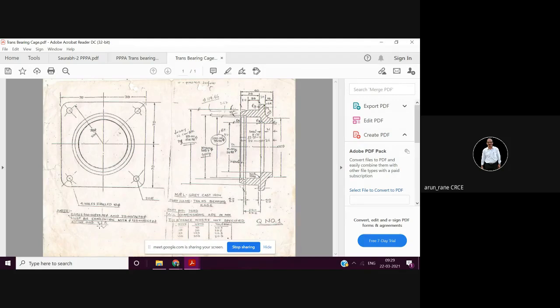So where is your 75 and where is your 125? This is your diameter 125, and this bore 75 should be concentric with this 125, that means this diameter and this one should be concentric within 0.05. So that means these should be done in one setting. Whatever is mentioned explicitly, that you have to give.